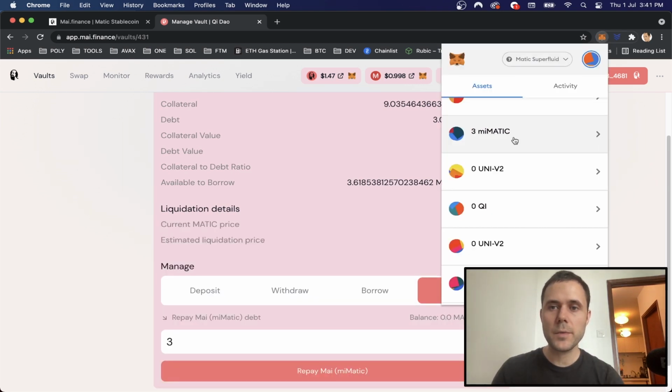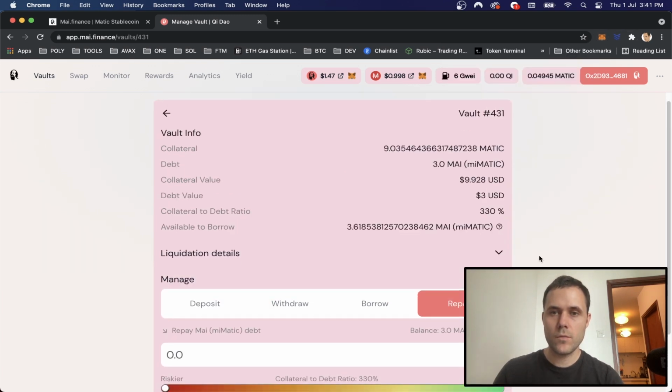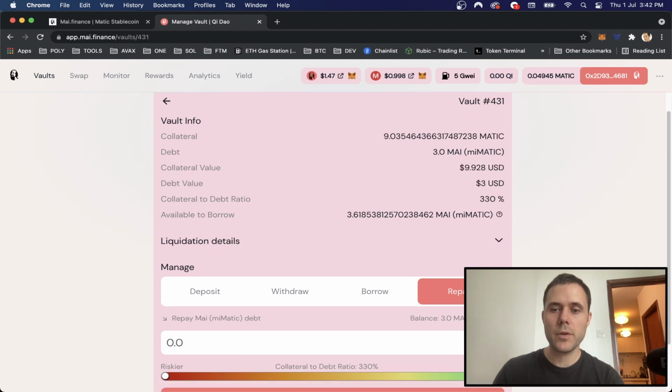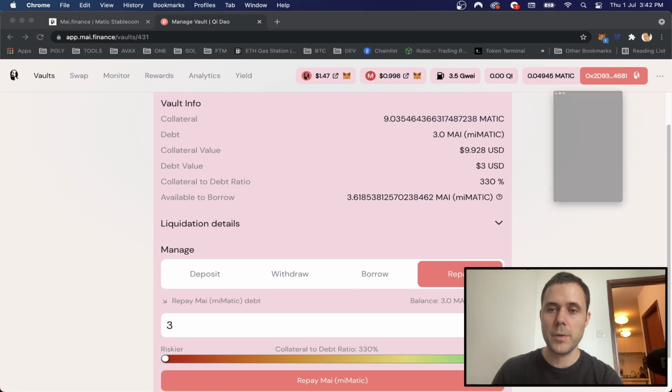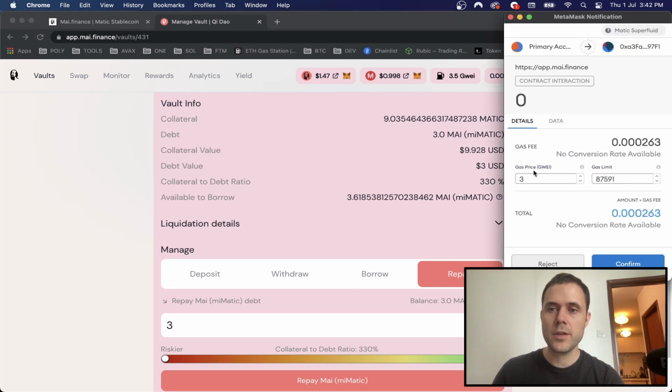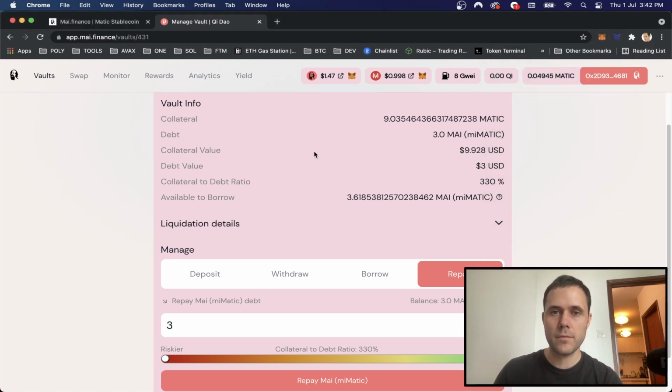So now if you go to your MetaMask, you should be able to see free Matic in your wallet. And if we come down here to repay, we have the option to repay our loan. So we can put in free Matic and click repay. And then actually, when we are choosing the GUI, we have an indicator here, which I think is telling us the average gas price on Polygon. So it's suggesting something like 8 or 6, and that's changing from time to time. So I'm just going to reject that because I don't want to repay that. So that's how to do vaults basically.